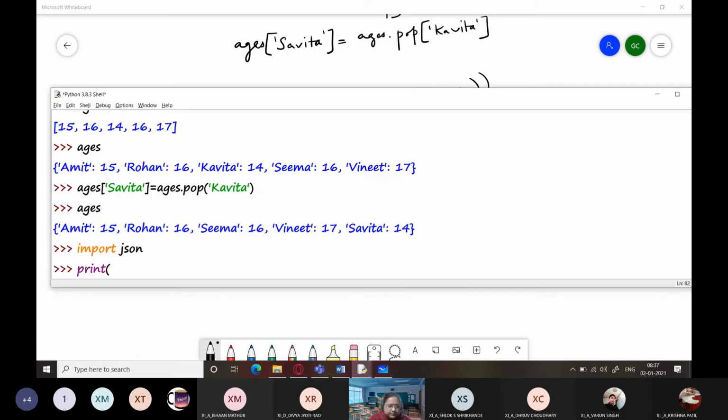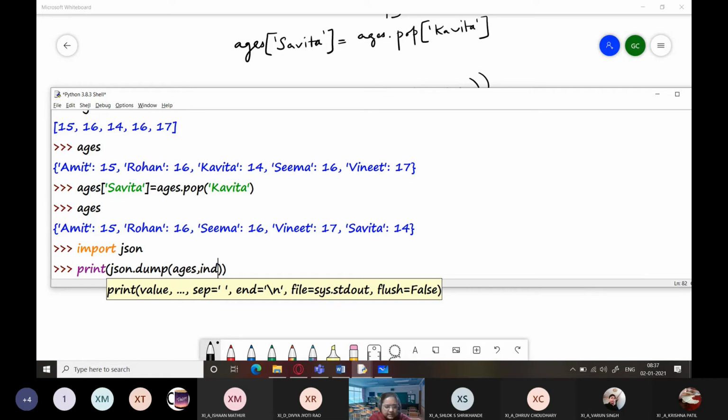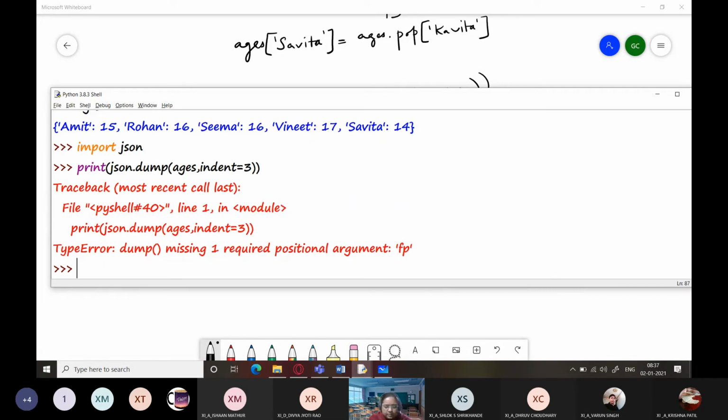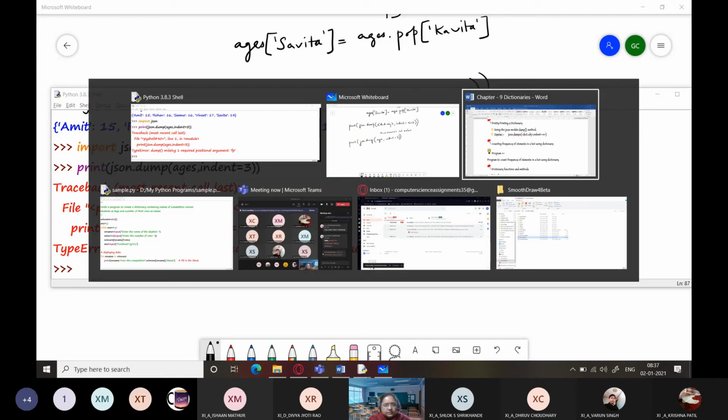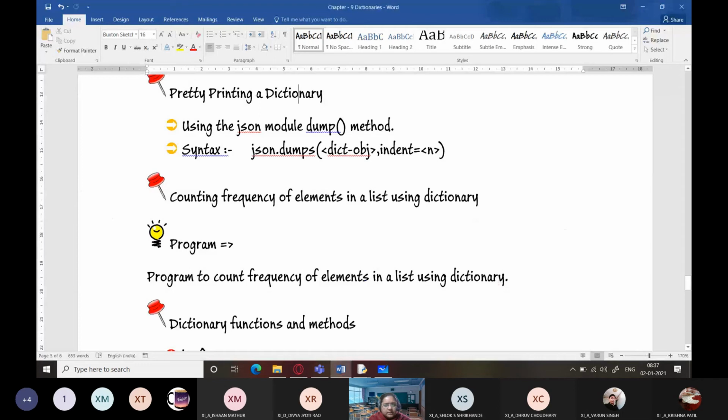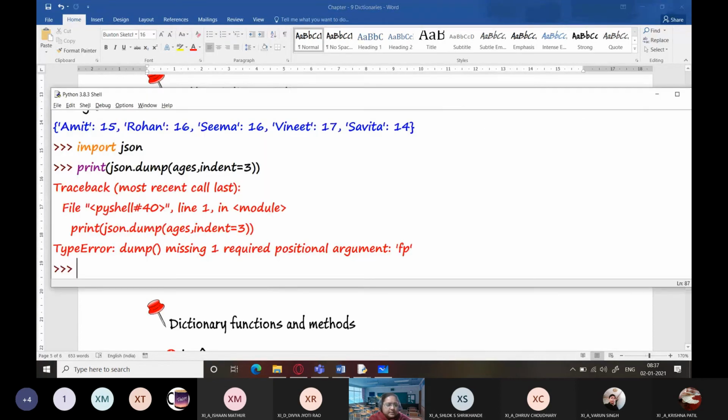So print JSON, because it's a module, dot dump, name of the dictionary, that is ages, indent equals 3. Okay, one positional argument is missing. What am I missing over here? Correct. Okay, it's dumps.